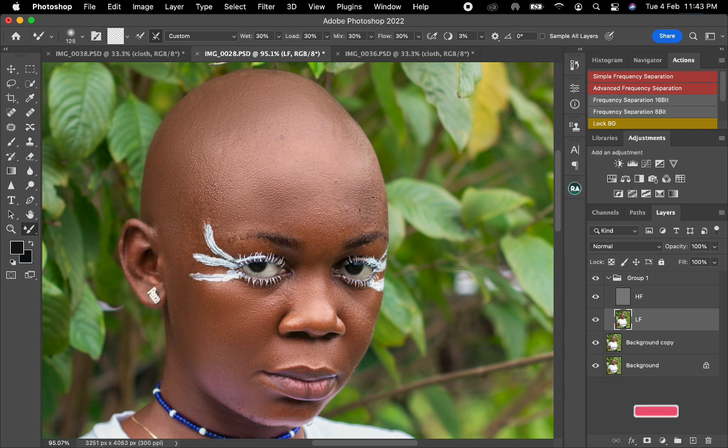After brushing this first part, I actually brush a couple of times so that I can have a perfect result. After doing this first part here, I'm just going to get back to the high frequency,